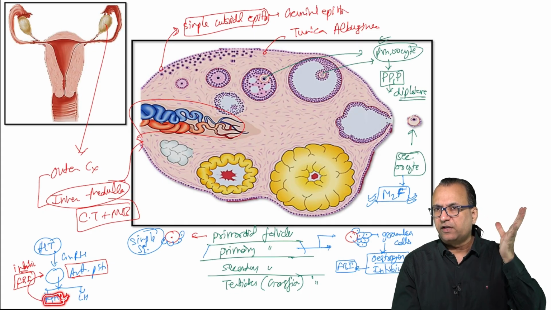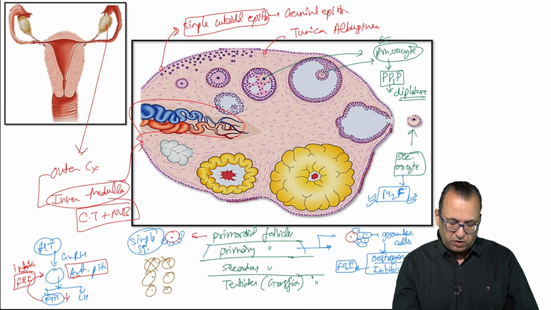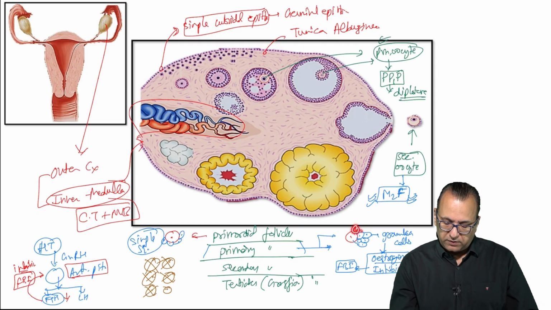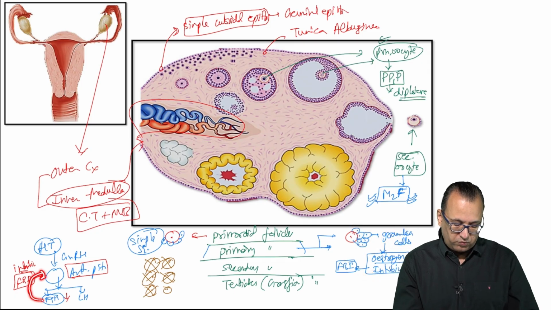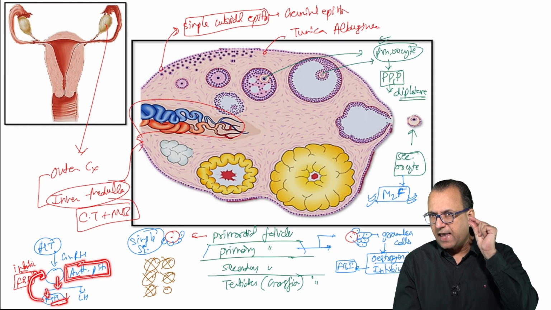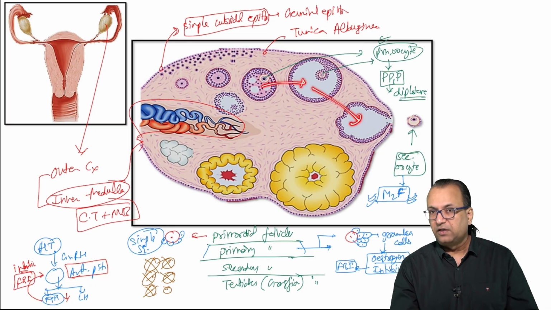So how do you make sure the other follicles are compromised or they are not developing? Because you are having multiple follicles, how do you make sure that only one is developing? So how do you remove the others? Inhibin. The granulosa cells which you are showing here, the cuboidal cells around the primary follicle, will be giving us inhibin also, and that inhibin will go to the anterior pituitary and will inhibit the secretion of FSH, so that only a little bit of FSH is there which is enough to mature only one follicle, and that follicle you can see here will then become